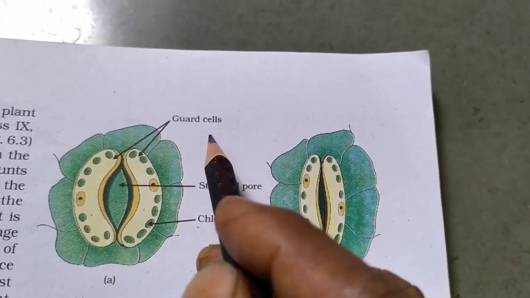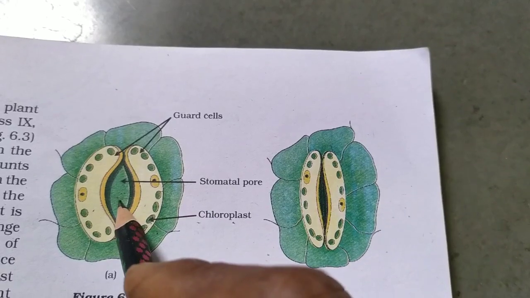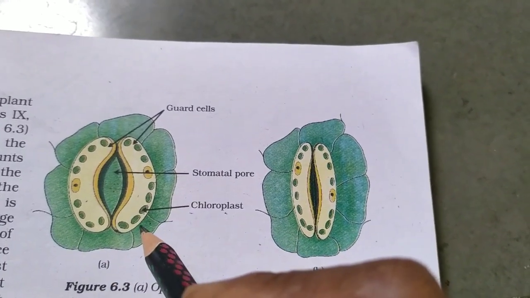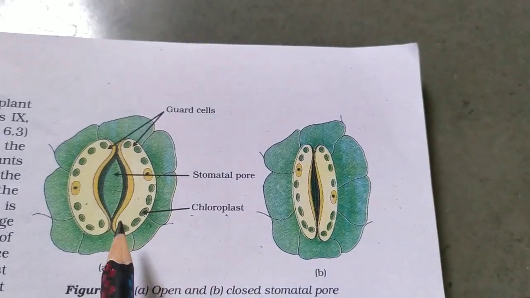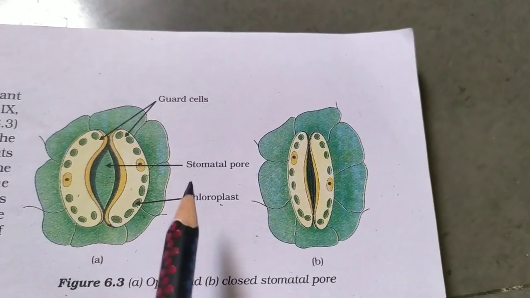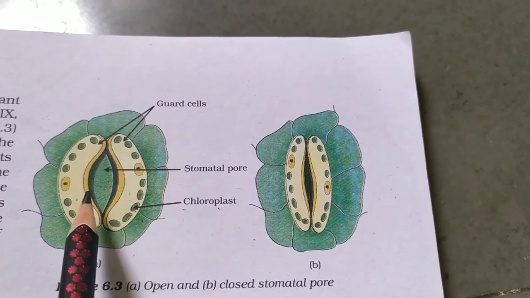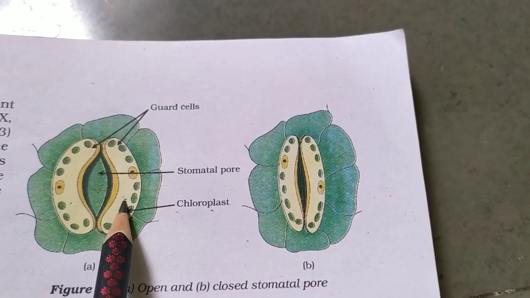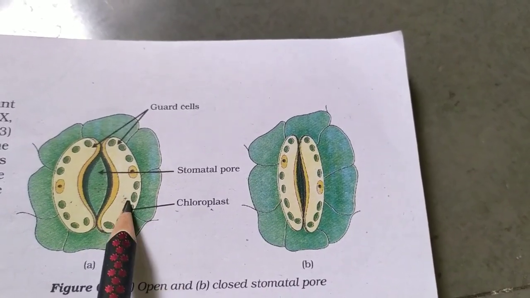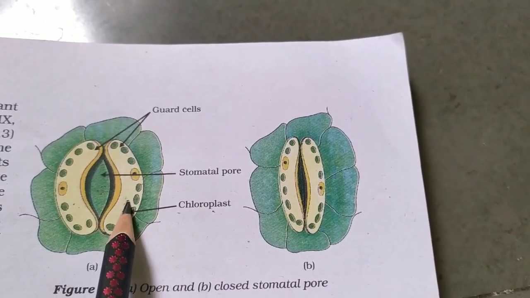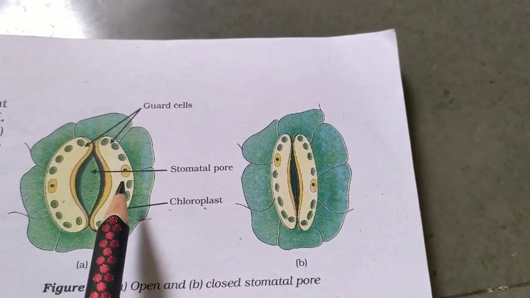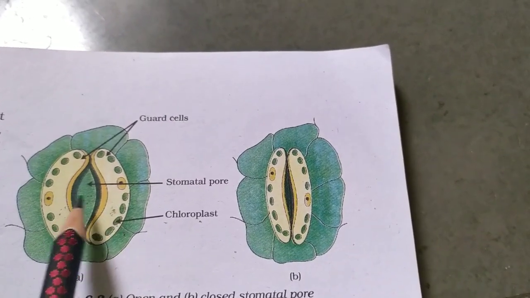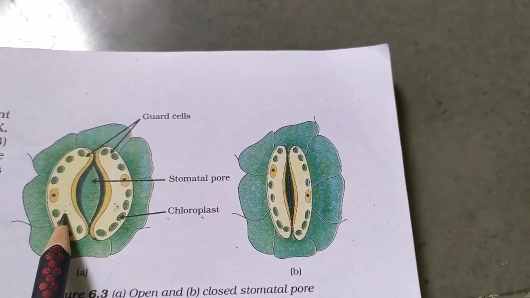Now we know how carbon dioxide enters into the stomata. It is due to the opening and closing of the stomata. How is the opening and closing of the stomata regulated? The opening and closing of the stomata is regulated by the guard cells. When the guard cells absorb enough water and become turgid, they swell up. When they swell up, they open. This helps the stomata to stay open.